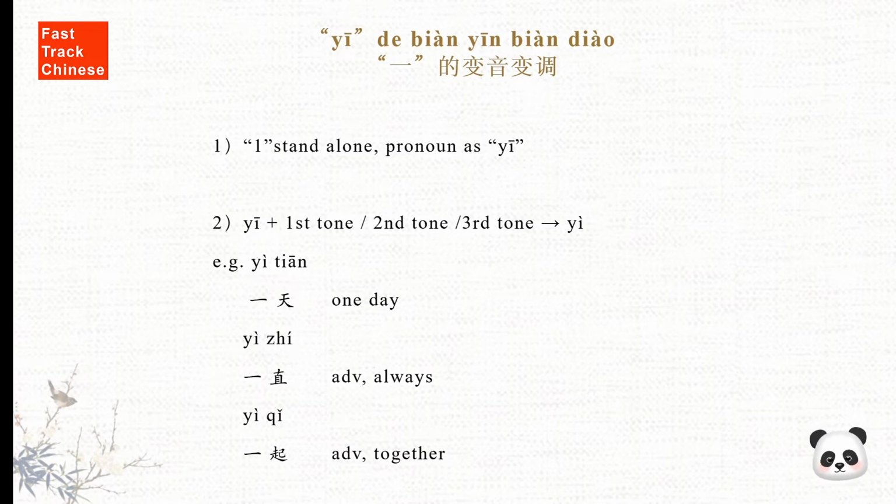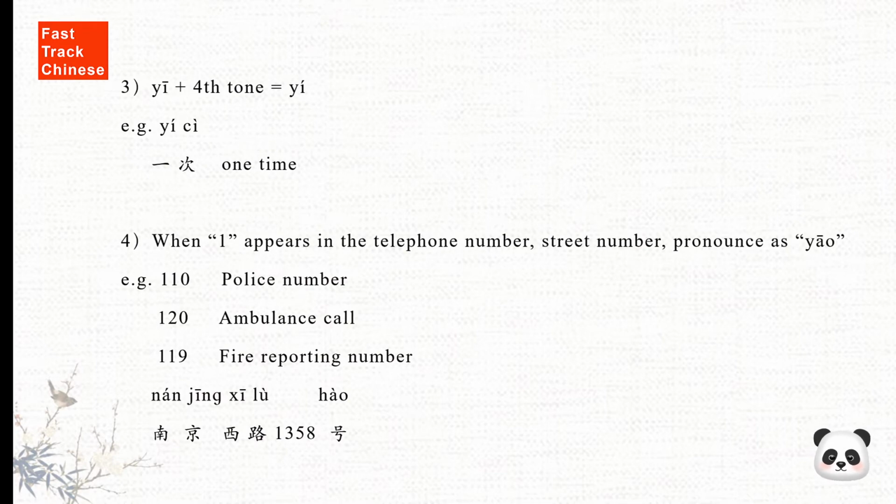一天，一直，一直，一 plus the second tone. 一 should become the fourth tone. 一直，一直，一起，一起。一 plus the third tone, so 一 should become the fourth tone. 一起，一起。When 一 plus the fourth tone, 一 should change to the second tone, 一。For example, 一次，一次。